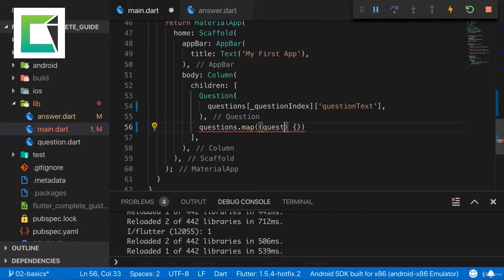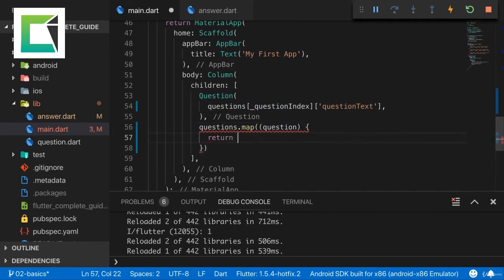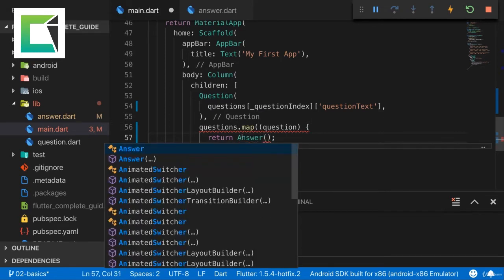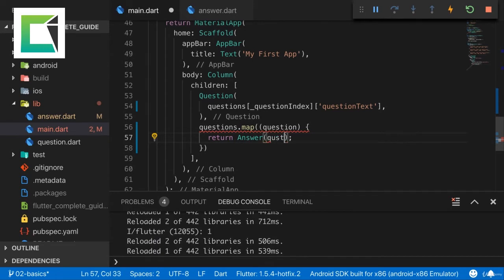So here we get the single question we're looking at, and now in here we have to return a new value, because map returns basically a new list where we don't have to keep the old structure. So it doesn't have to be a list of maps. It can be a list of widgets, and that could be something we merge here into the column. For that, we want to return a widget here, because for every element in questions we want to return a new element which basically replaces it, and that should be a widget now. So here I want to create a new answer widget. And to that answer widget, I want to forward